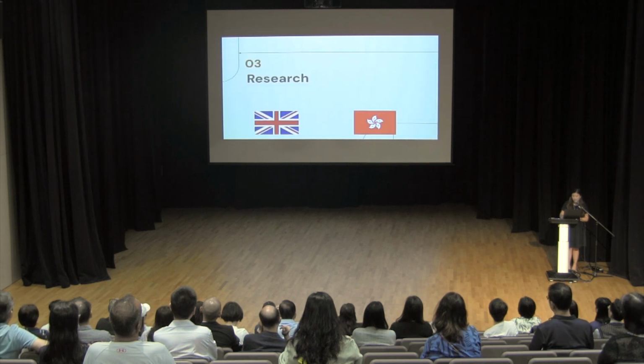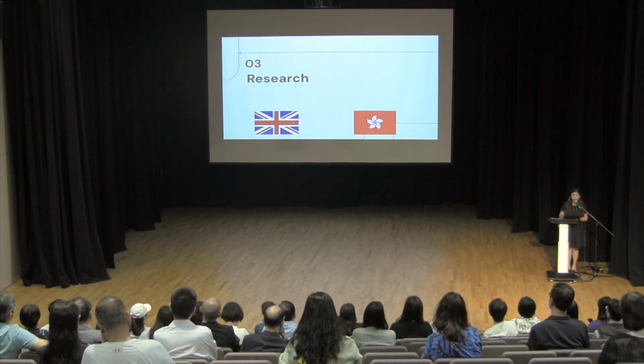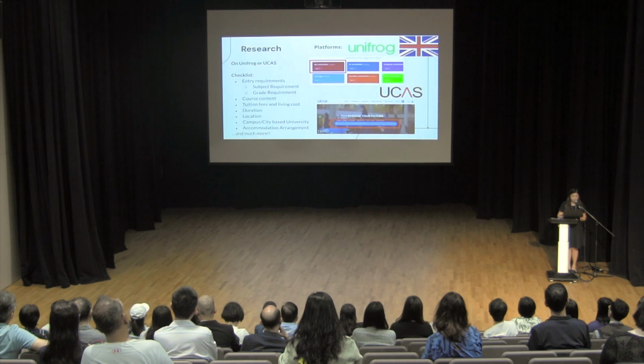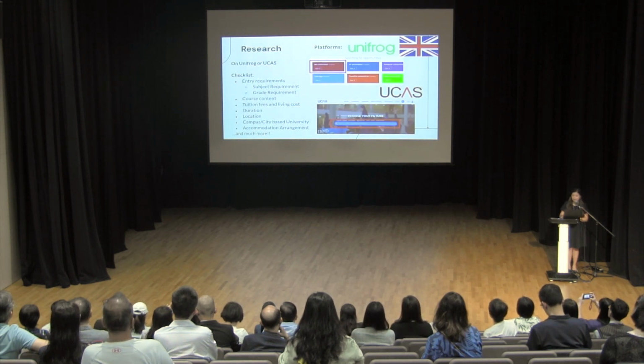So moving on, it's always important to do research, and it's impossible for us to cover every single detail in this presentation. So here are some tools that you can use when you do research with your child, and these are also the tools that we have gone through with students who are in year 12 and sometimes in year 11. So first and foremost, as mentioned in the last Coffee in College section, Unifrog is a good research tool,